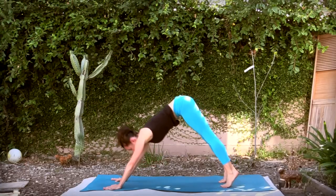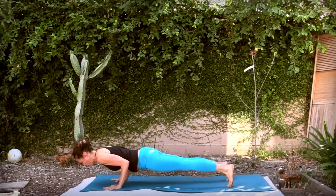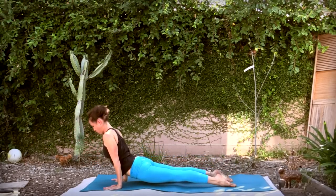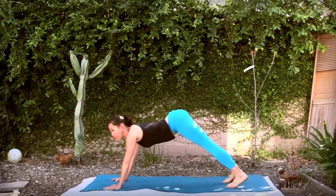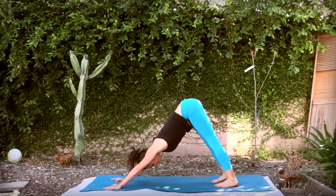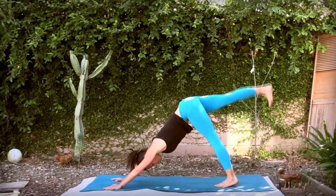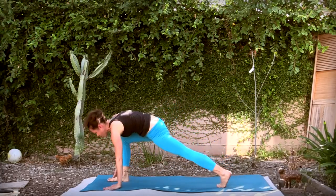Then go ahead and shift forwards to plank pose on your next inhale. Exhale, lower down to chaturanga. Inhale to upward facing dog, and exhale back to downward facing dog pose. Good. And go ahead and lift your right leg up on an inhale, and exhale, step the right foot up